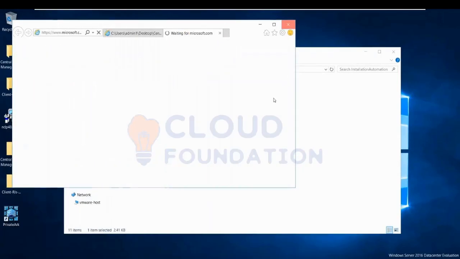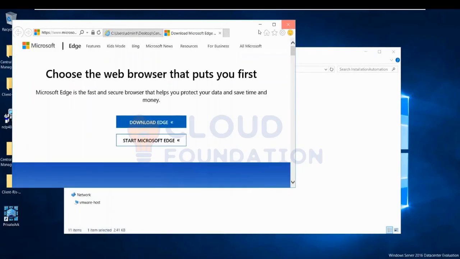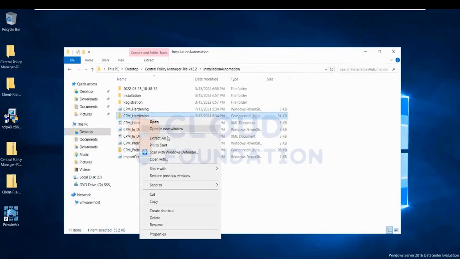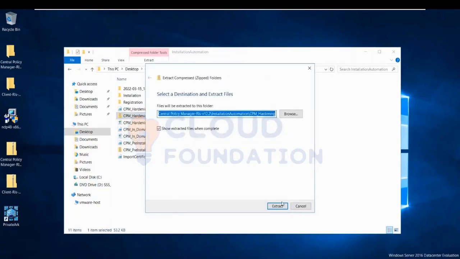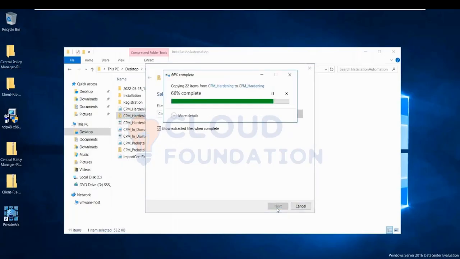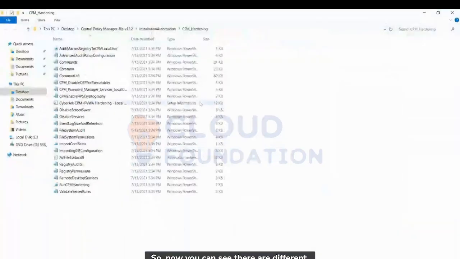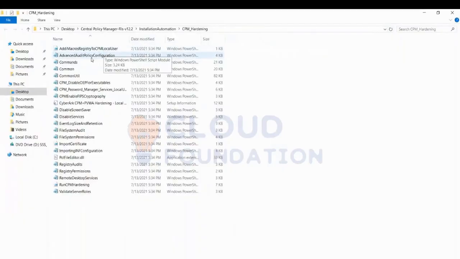Let me close this. It might be difficult to read. So now you can see there are different PowerShell modules here. CPM disabled